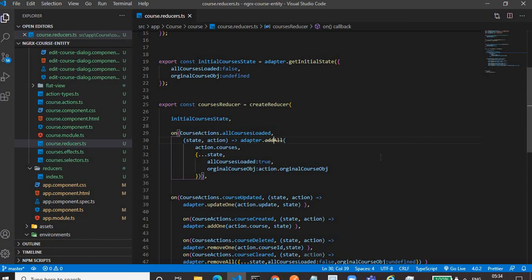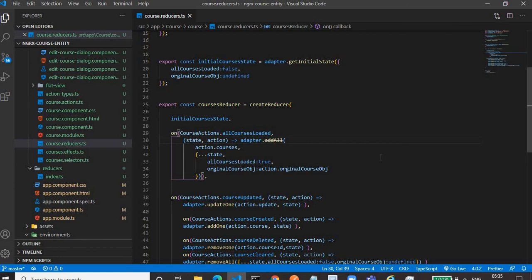For working with NGRX entity, we need an action, then an effect, then a reducer, then selectors for one entity. If there are more than one entity in our application, then for each entity four things are needed: action, reducer, effect, and selectors.